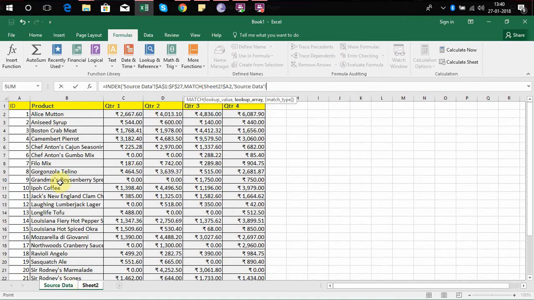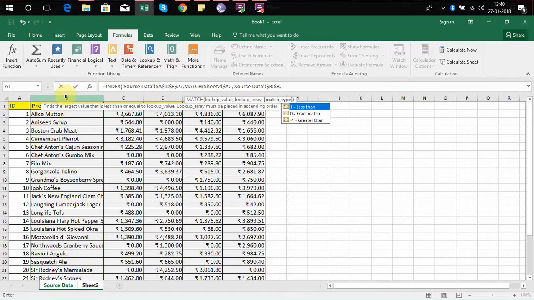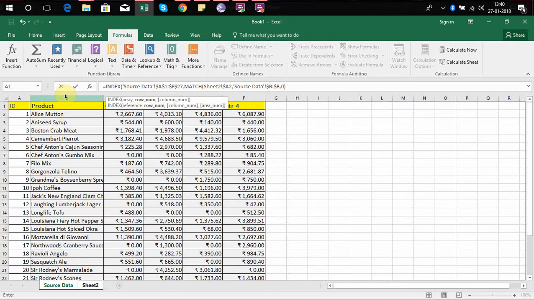So let's go and search where is your lookup array. So your lookup array is here. So select entire column and freeze, comma. Next, I want the exact match. Correct? Yeah. So we have completed the row match, and let's use column